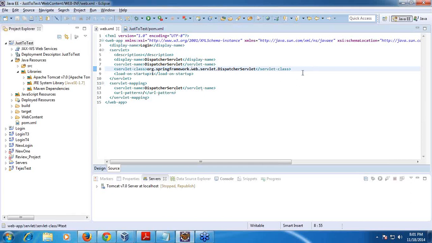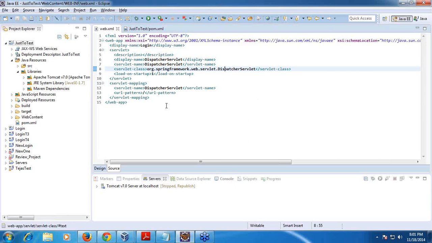Very, very important point. This point all of you need to understand, right? So this component will load context from an XML file from a predefined location. An XML file is a configuration file, so predefined location, bean.